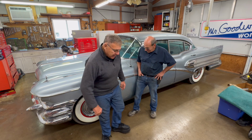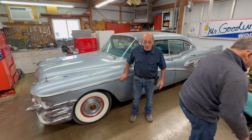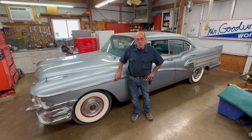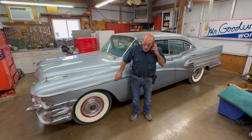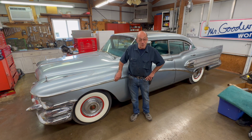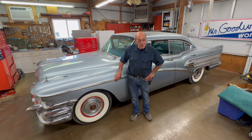Go ahead, Jay. Well, as Steve said, the car sat quite a while and needed some attention to get back into usability. Of course, the water pump was the first thing. That's where we started, getting the water pump out of there. While removing the hose, we found the thermostat housing was eaten up enough that a new hose wasn't going to seal, so we had to find one of those too. So we did the water pump and all new hoses and belts. In the process, we discovered a little bit of leakage on the valve covers, so we replaced the valve covers,